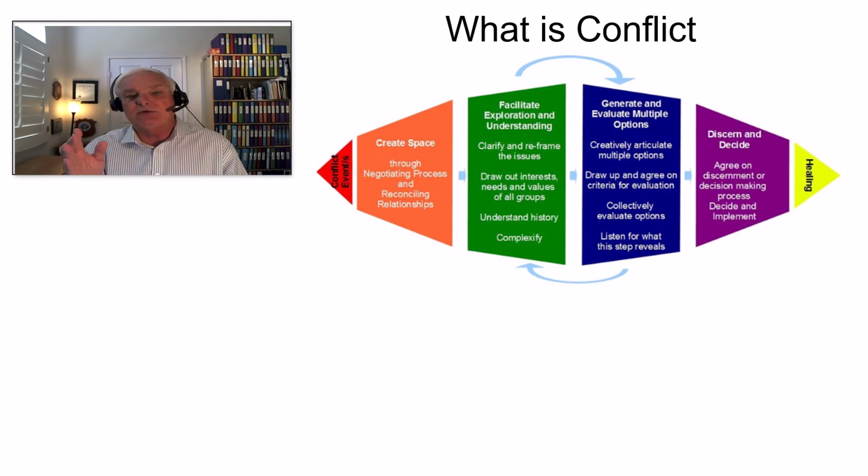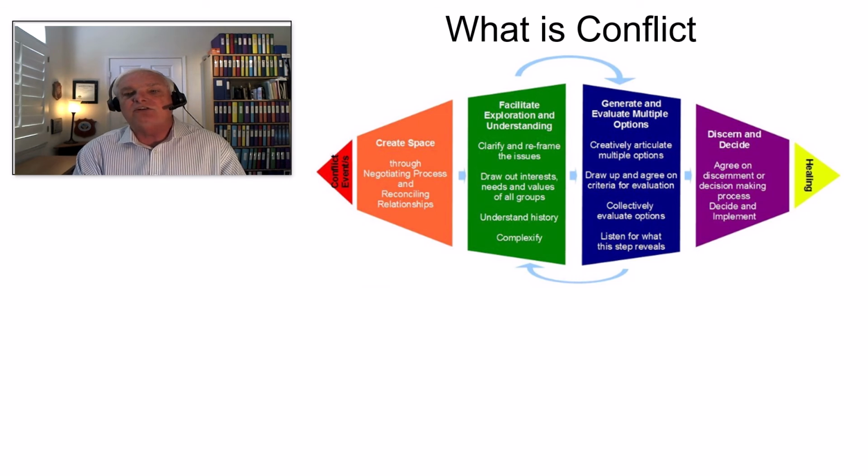Then the next step, which is the green step, is going to be facilitating exploration and understanding. This is where we have to ask people, what exactly is it that has you upset? What exactly is the situation? We need to understand if it's complex, how to pull it apart. What are the interdependent pieces of it? If it's based on 3 people, what's that interconnectivity? If it's based on a process or a relationship or a task, we have to reframe that. We have to make sure we understand that. Then we have to understand the needs of all of the people in the group. What are their goals?